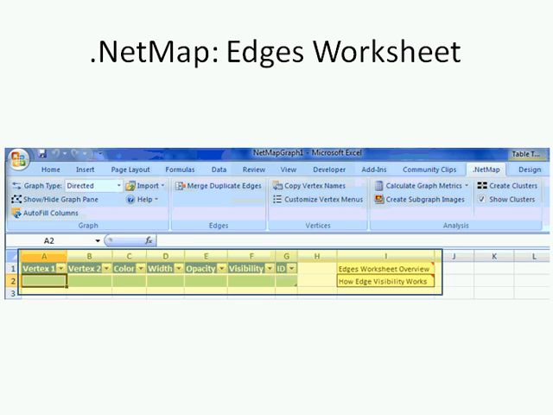Moving over to the vertices, there are copy vertex names. That's just to generate a unique list of all the nodes. Customize vertex menus allows you to add right-click behaviors to every node. So that would mean that you could say, for example, right-click a node and email that person, or right-click a node and see the URL of their home page, and thus click to it. This just allows the .NetMap canvas to become a more living thing, an actual interface to other data rather than the terminus of data.